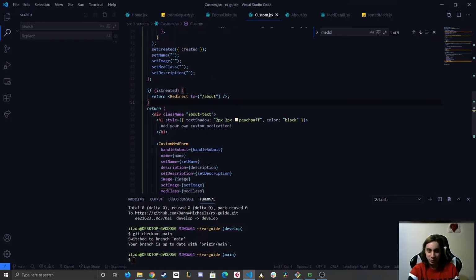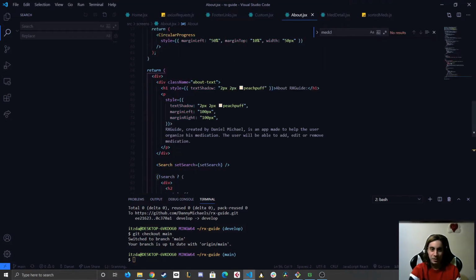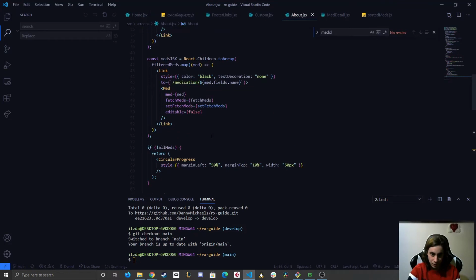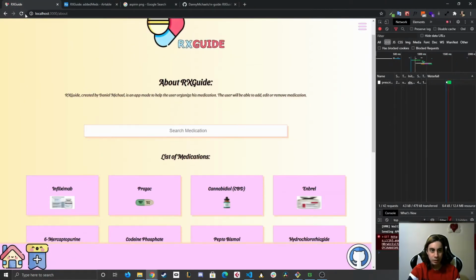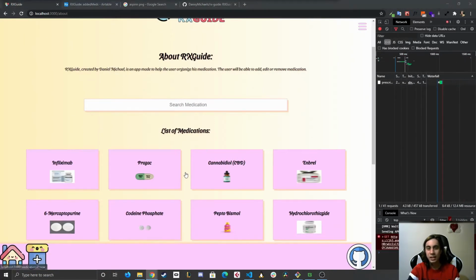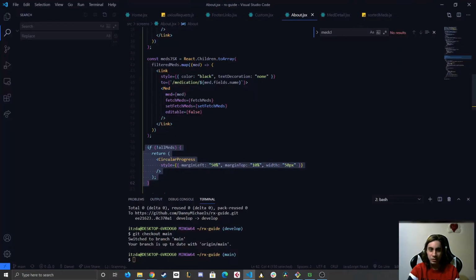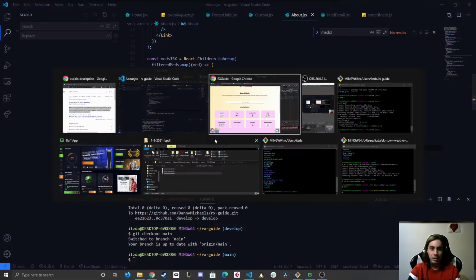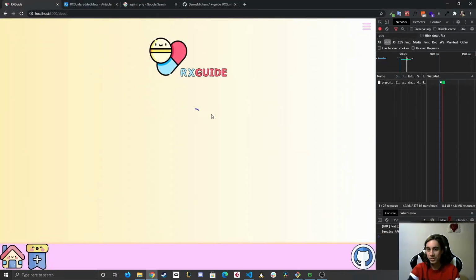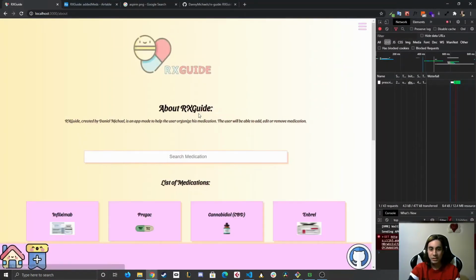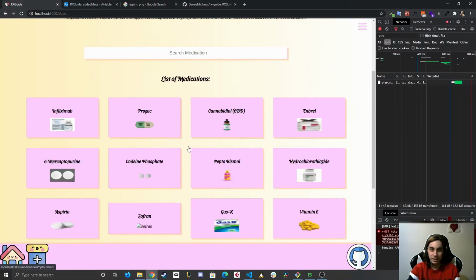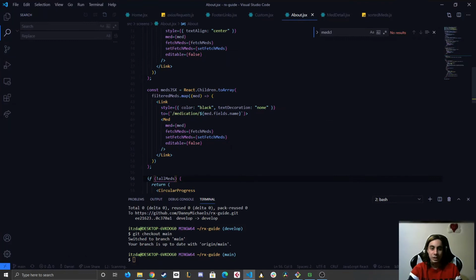Now, how do I do the search thing in the about? I'll show you this. So if we don't have all meds, we have this circular progress thing going on, like a really short animation. But the thing is that Airtable API is so good, it's so fast that you're not even going to see it. But I'm going to make it true just to show you. So it's going to show this basically. But Airtable API is so fast that you're not going to even notice. But anyways,